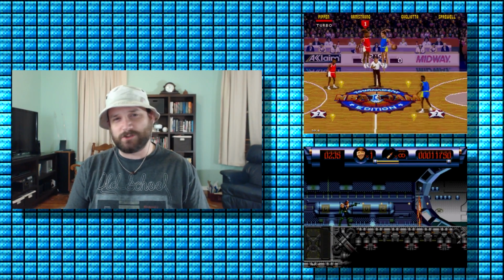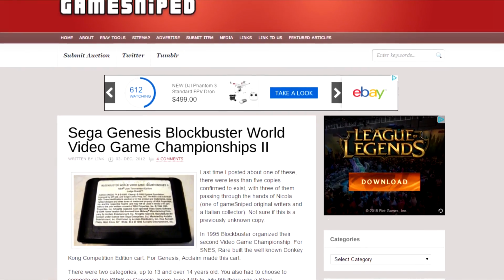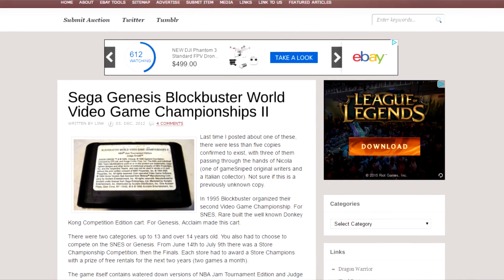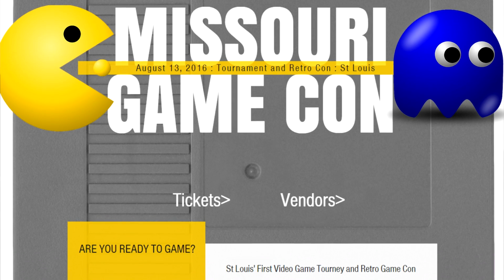The cartridge featured NBA Jam and Judge Dredd. That's a real interesting combination of games. There are only a small handful of known cartridges to exist because Acclaim destroyed them after the contest, so getting your hands on one will be near impossible, and if you do get one, it's going to come at a very high cost. So your best bet is emulation, or you could come to that Missouri Game Convention and play